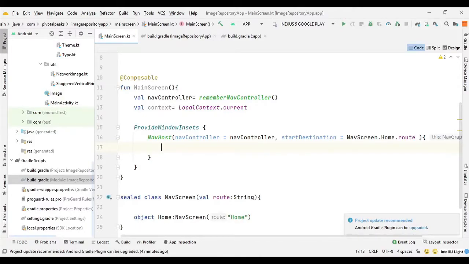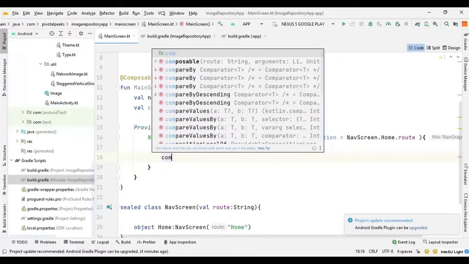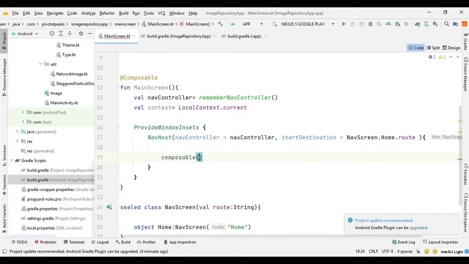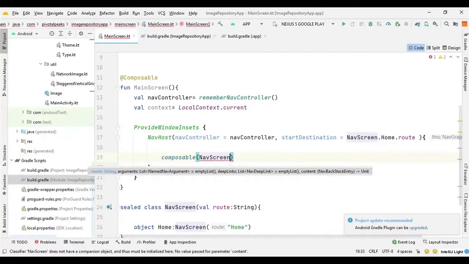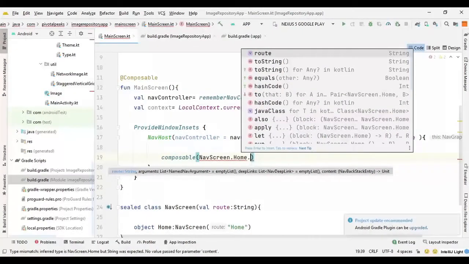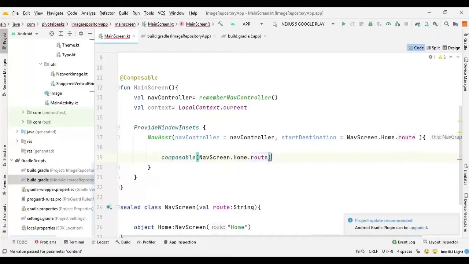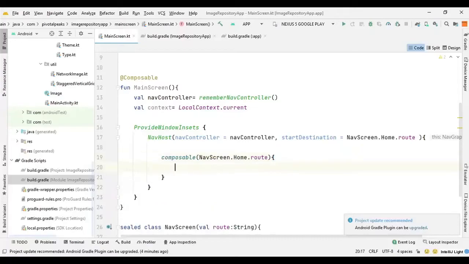So we can say composable, and here we can pass the route. So NavScreen.Home.route. Here we need to create the nav backstack entry, and for that we need to reference our main view model.